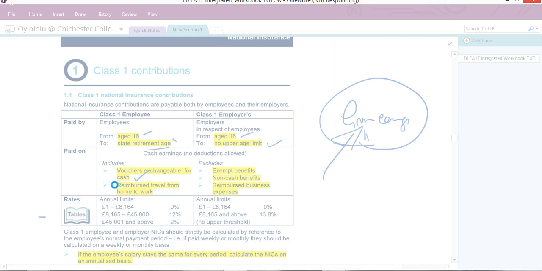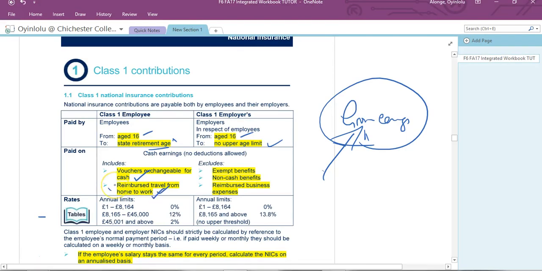Okay, whilst this is still settling, you can probably see over there that under the Class 1 employees, you can see the rates. The first 8,164 is yours, free. So fundamentally, if you're earning less than 8,164, which is pretty low, even for minimum wage,